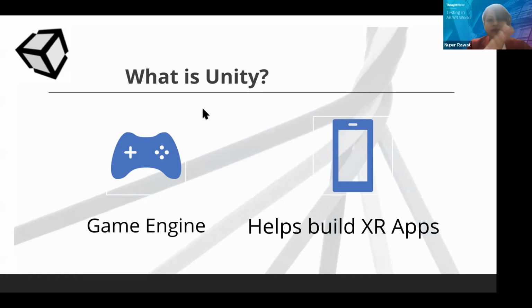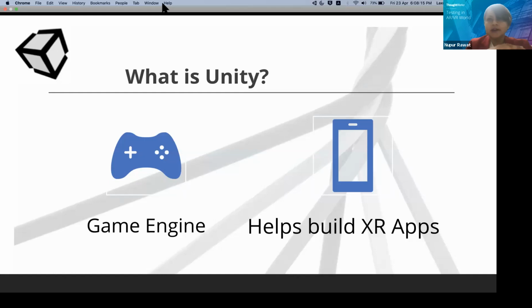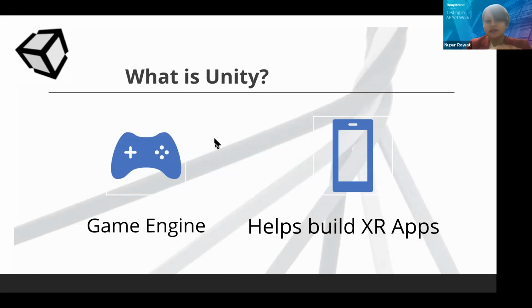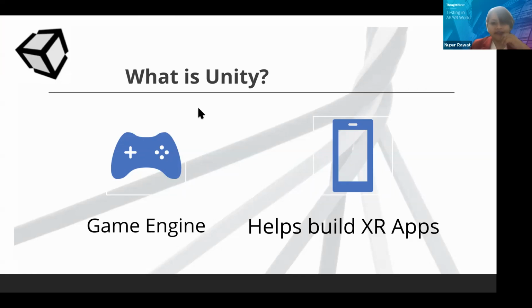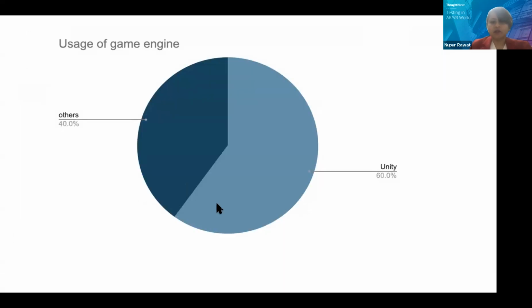So I think the first stage is cleared here. One of the concepts we have understood. Now the second concept is what is Unity. For the development of such apps, there are a lot of game engines, and Unity is one of them. So today we'll be talking through Unity. It's a game engine and it will help you to build XR apps. And why are we taking Unity today in our example? Because most of the apps developed today are in Unity. If we see, around 60% of the apps built today are using Unity. So that's why we are taking the example of Unity today.